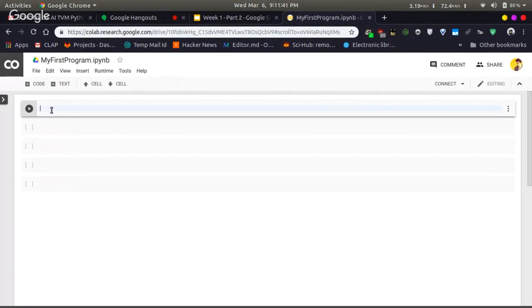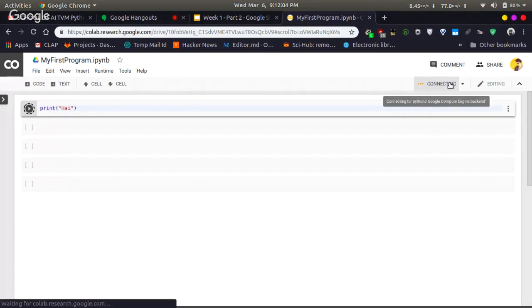For example, you can type print hi. And in order to run this cell, that is, in order to execute this cell, you need to press Control and Enter. Now you can see that it is allocating, then connecting, and finally it will connect.